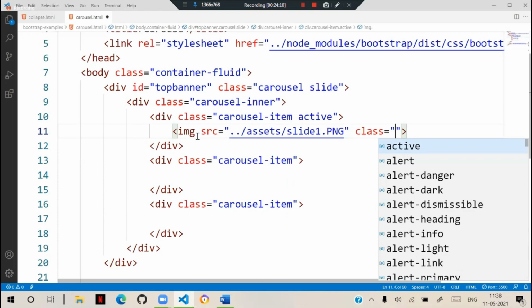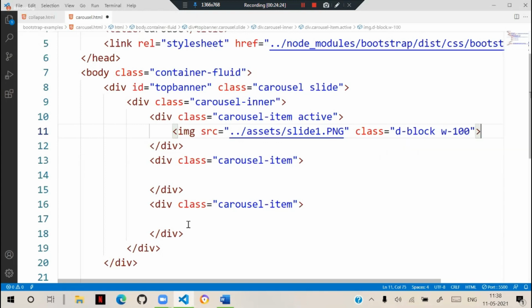The same we need for the second image and the third image, 3.png.